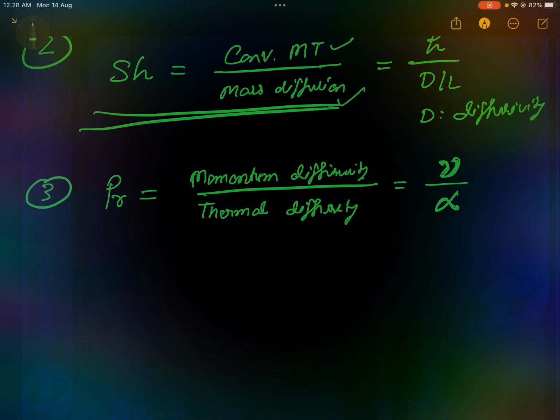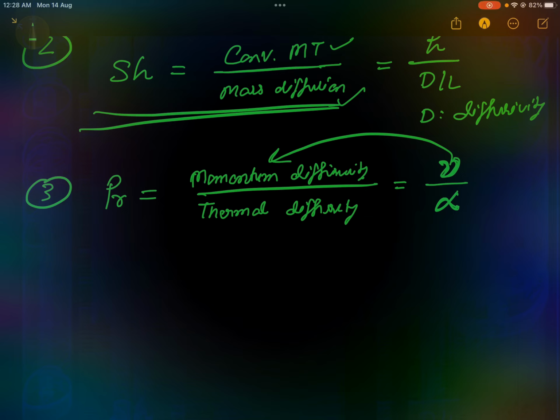Nu is called kinematic viscosity because viscosity is the main factor by which the fluid feels the momentum transfer. Momentum can only be felt in response to force, and the response of the force is felt between the fluid layers because of the shear stresses. Shear stresses result in a force when multiplied by the area between the layers. That's why it is called momentum diffusivity, because it relates the forces applied between the layers